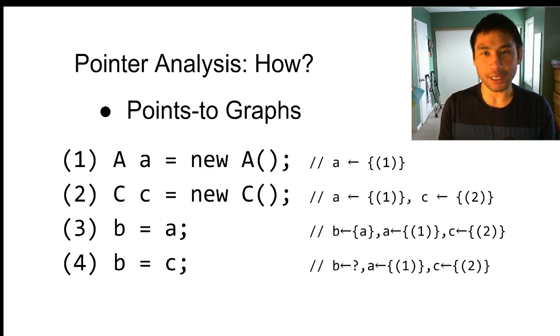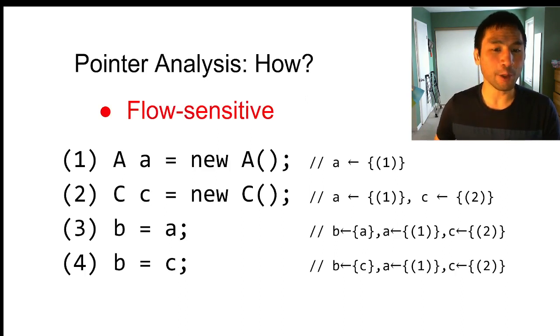And so the question is, well, what does B point to? And that brings up the notion of flow-sensitive analysis. If we're analyzing this in the way that actually makes a lot of sense, but which is more computationally expensive, then we say that B points to the object that comes out of program point 3, as in, sorry. We definitely know that after program point 4, it definitely points to C,